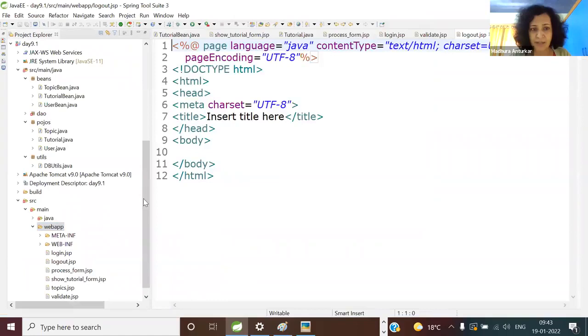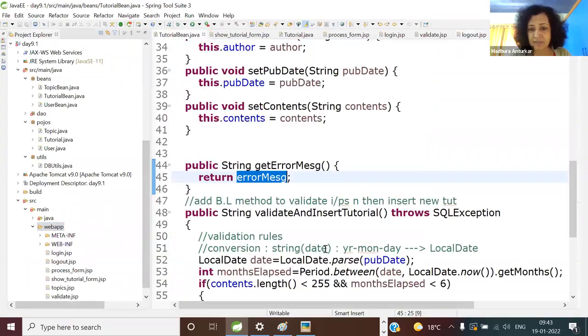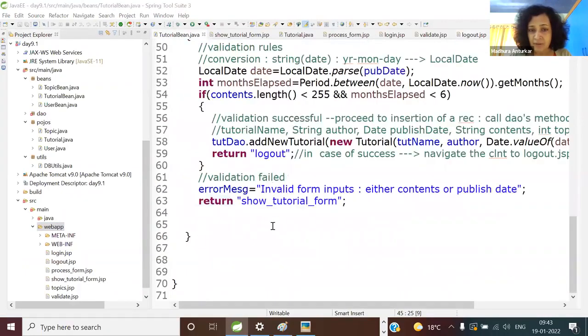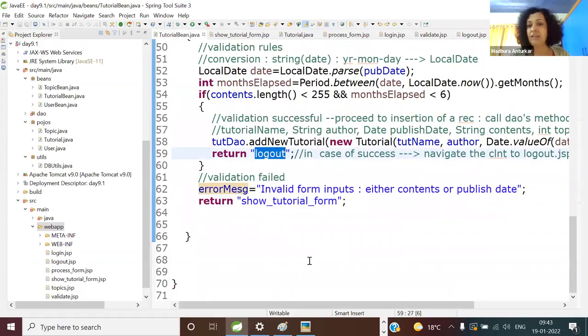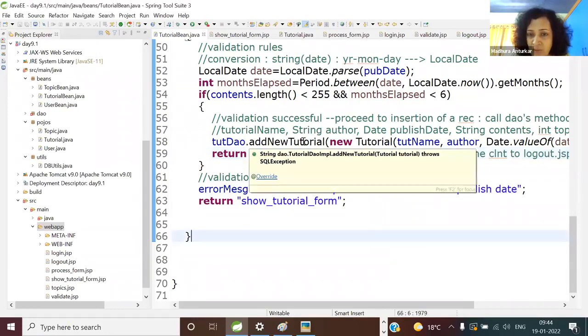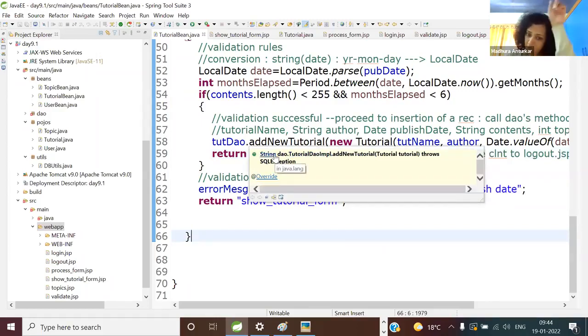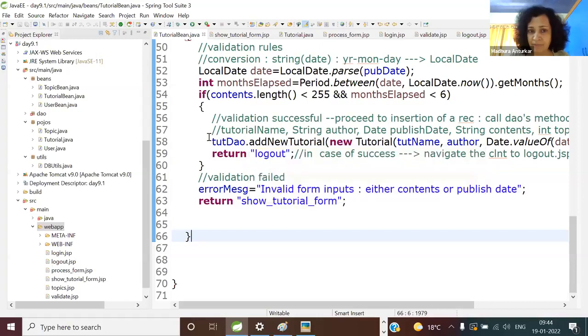And of course, it has to match. I hope you have been understanding this. Here, this is the branch. In case of success, you get this. I'll tell you what I was thinking. Let's give a message to this. When I say tutorial new DAO, it is returning a string, tutorial added successfully. So why don't we send that message all the way to the top? If I want to add a status message,